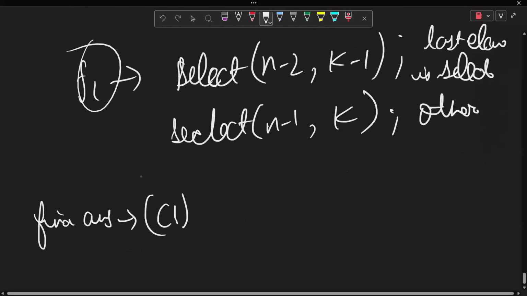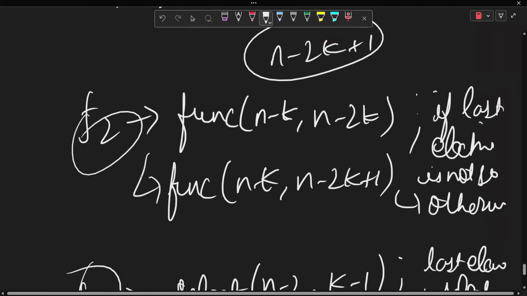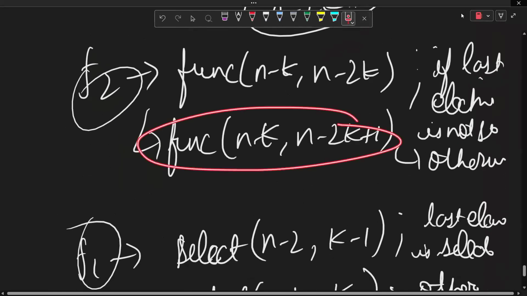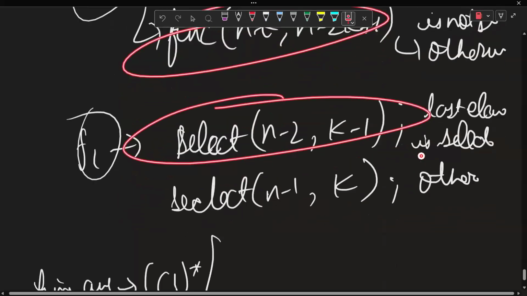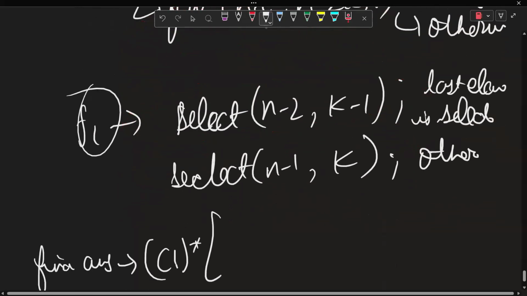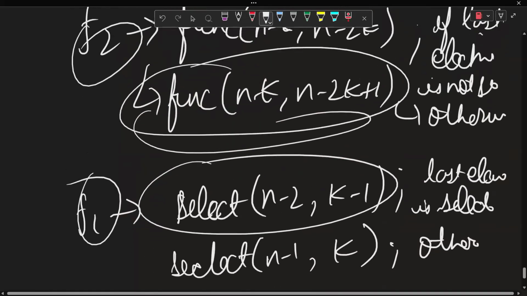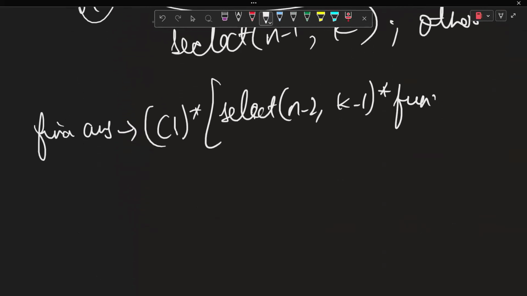c factorial multiplied by case 1, if the last element is selected. So if the last element is selected, f1 is this, f2 is this. So multiply both of them, this multiplied by this. Select(n minus 2, k minus 1) multiplied by func(n minus k, n minus 2k plus 1). So that is if the last element is selected,